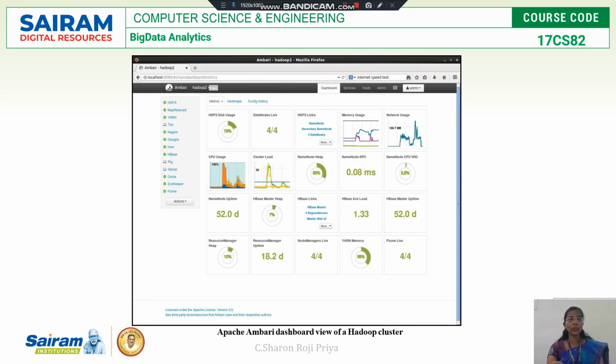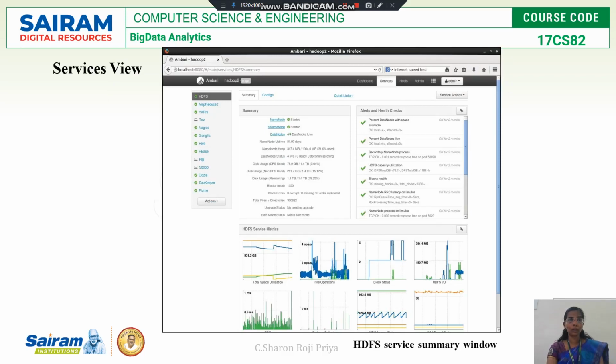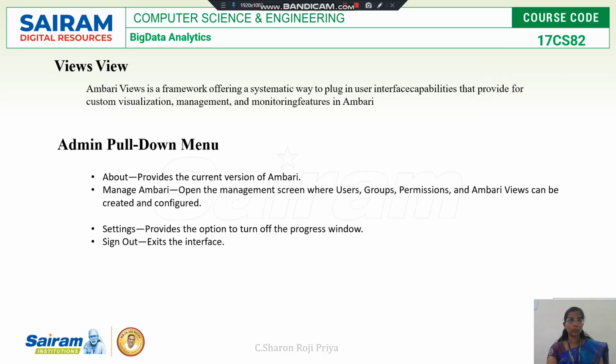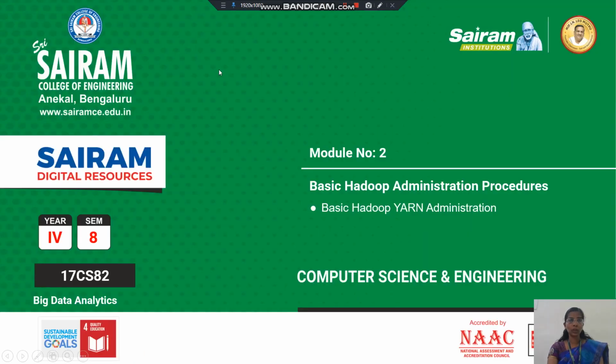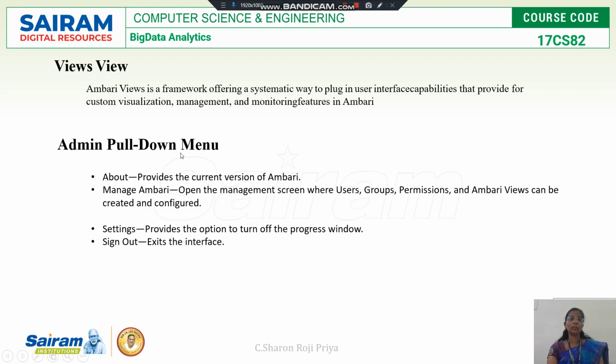If you want to quit, you can just click the sign out option to quit this user interface. So the admin pull down menu has these options: manage Ambari, settings and sign out. So this is all about your Apache Ambari. Thank you.